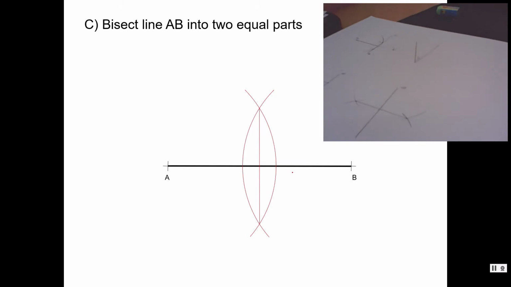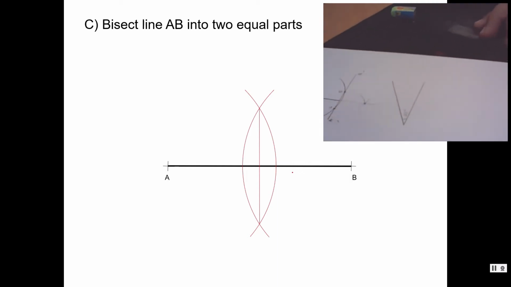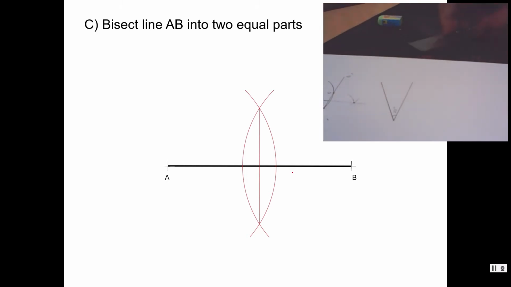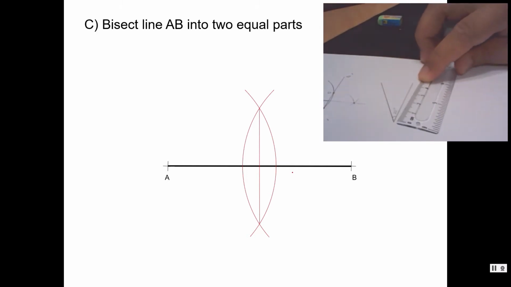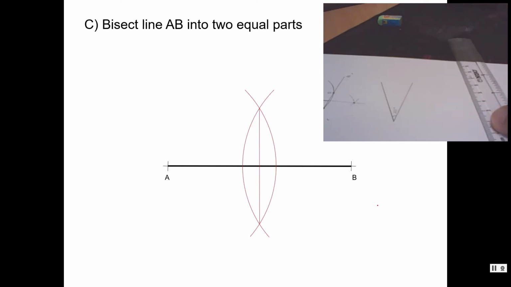Okay, and the last one, for activity one, we want to bisect an angle. We want to cut the angle into two equal areas. So I'm going to show. Okay, I already drew an angle of 30 degrees. It's up to you what kind of angle you want to play around with. Yeah. So what you need to do, okay,